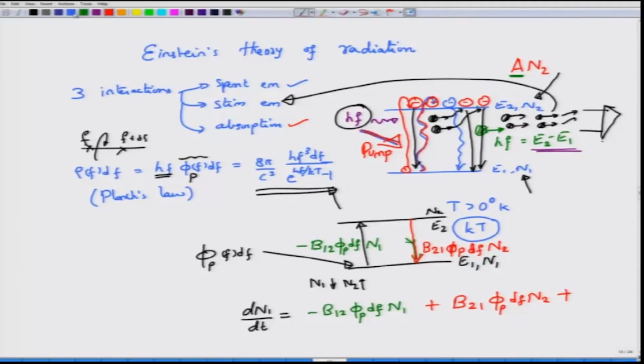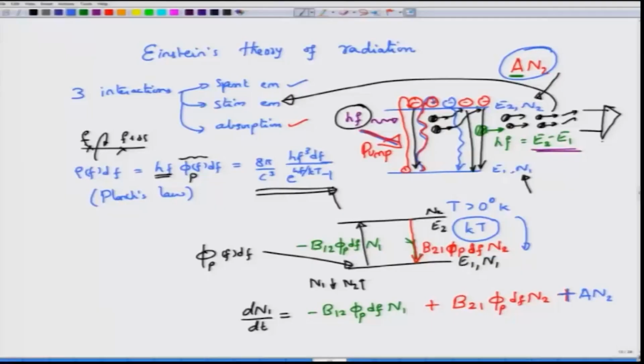The other term is the spontaneous emission term. As we have seen, it is simply proportional to A times N2, or in fact given by A N2, and it is N2 because it is spontaneously coming in from energy level E2. So, these are the 3 interactions on the right hand side which describe how the population density at E1 is